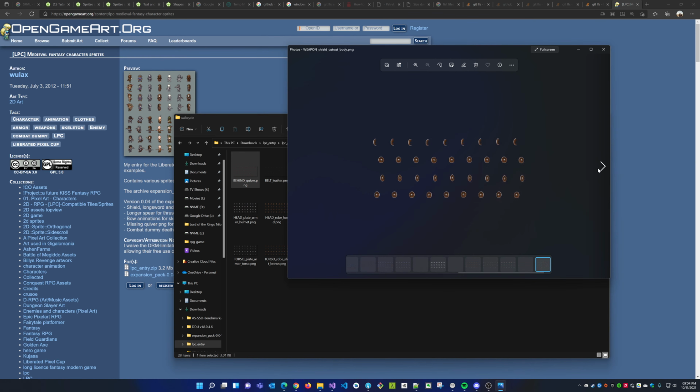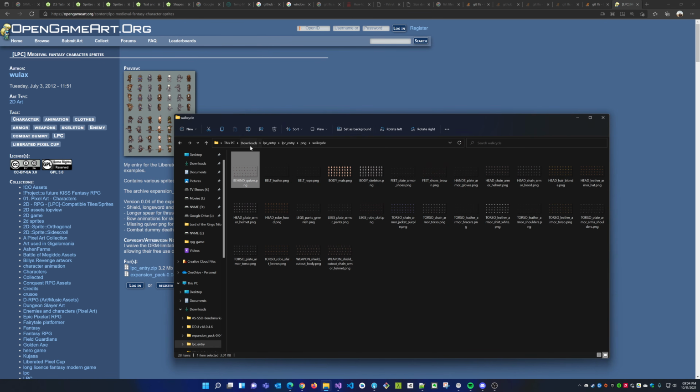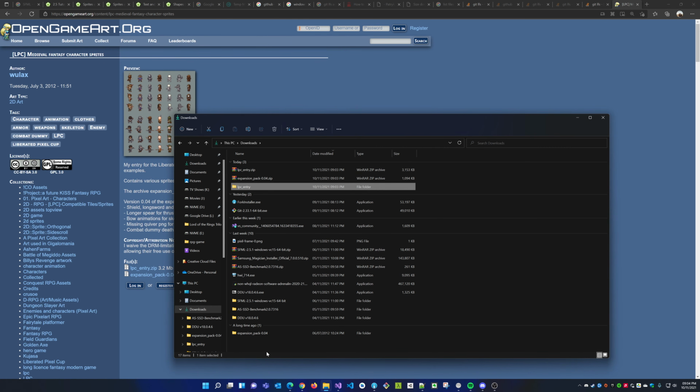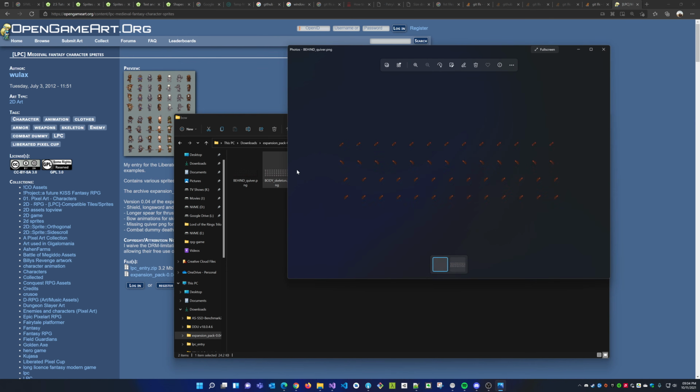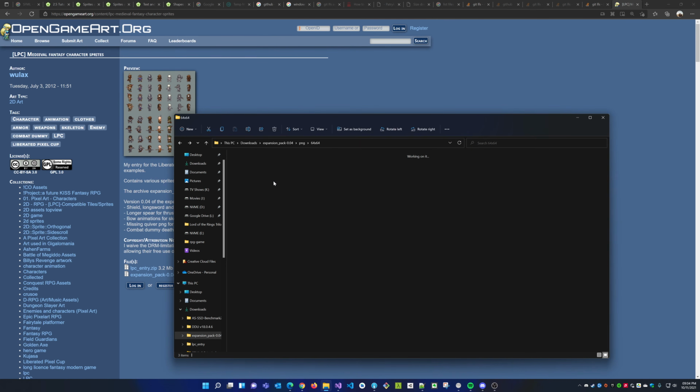The character is just in multiple pieces. Can I just have the character on his own? I'd really appreciate that. Like all in one image. All of these are body. This is the skeleton. Why you give me person?